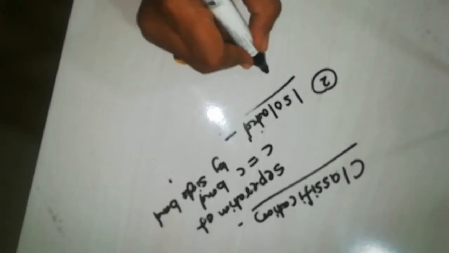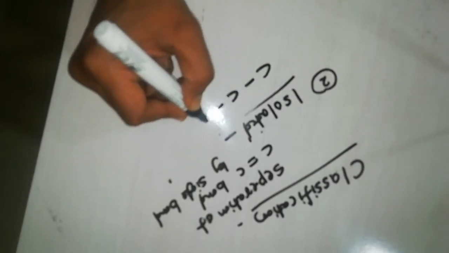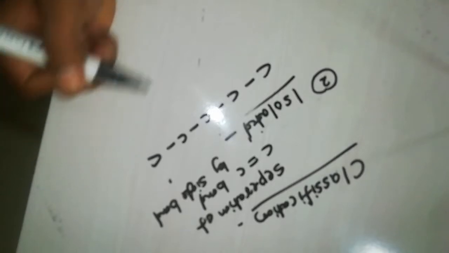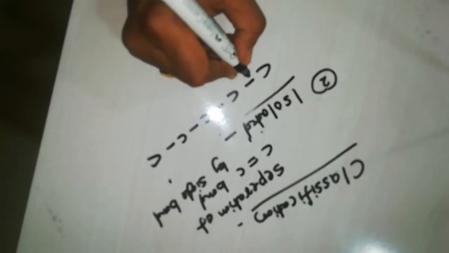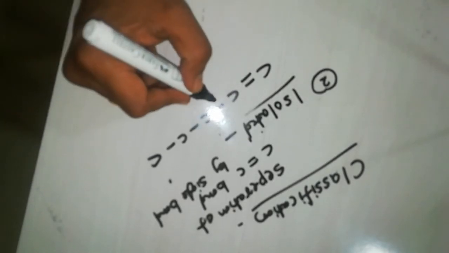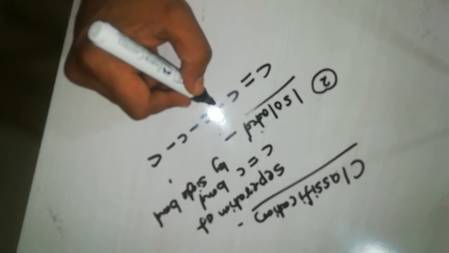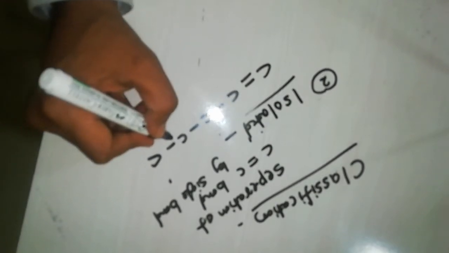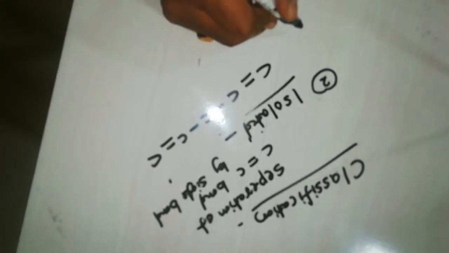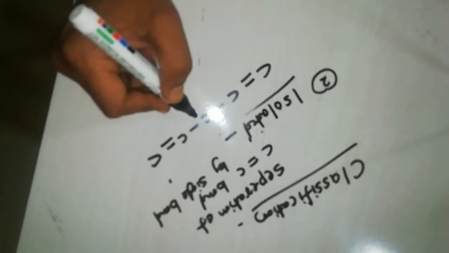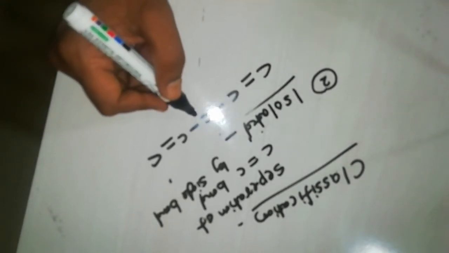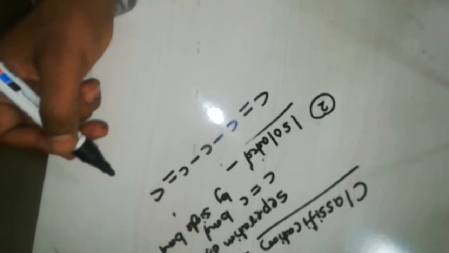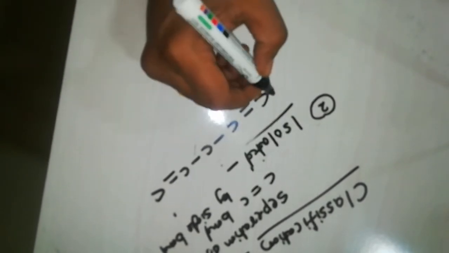Let us have an example of this. Say I have 1, 2, 3, 4 and 5 carbon atoms. Now I have a double bond here. What is the condition? Separation should be more than 1. So 1, 2, I can put a double bond here. This kind of diene, where the two double bonds are separated by more than one single bond, is referred to as an isolated diene.